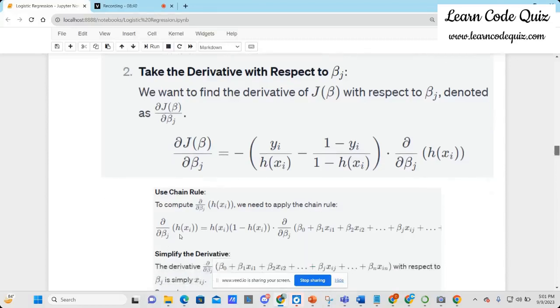The partial derivative of h(xi) with respect to beta j is h(xi)(1 minus h(xi)) times the partial derivative with respect to beta j of beta naught plus beta 1 x1 plus beta 2 x2 up to beta j xj and so on. Now if I simplify it,